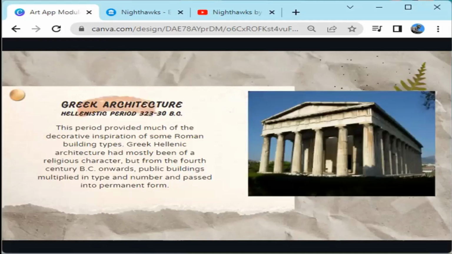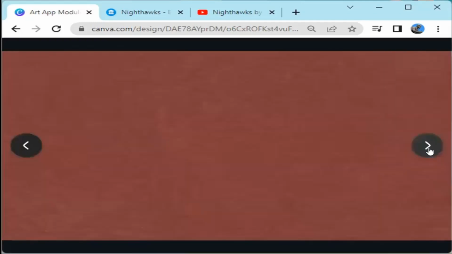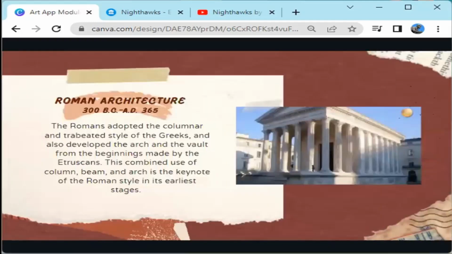Okay, naging public buildings din siya. So again, there's a temple still, but the way their temples are being made is being replicated on even a smaller scale, no? Para maging government offices, eskwelahan. Okay, so dumami yung ganitong structure during Hellenistic period. Ngayon, yung Hellenistic period, yan din yung nag-inspire sa mga Romans, ginaya nila yung ganitong structure.